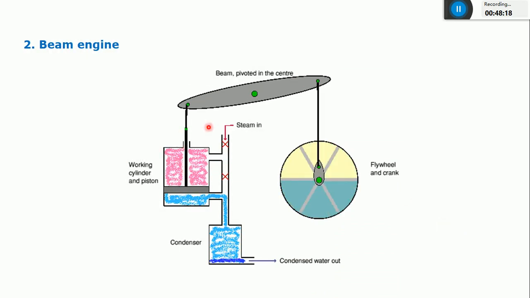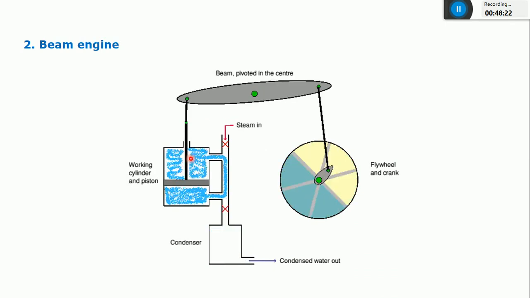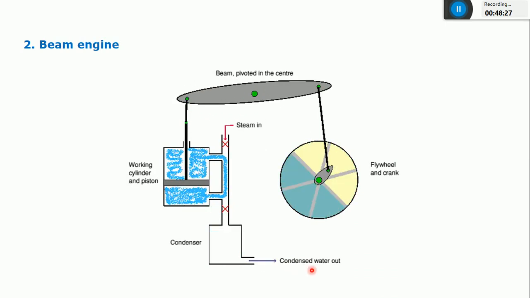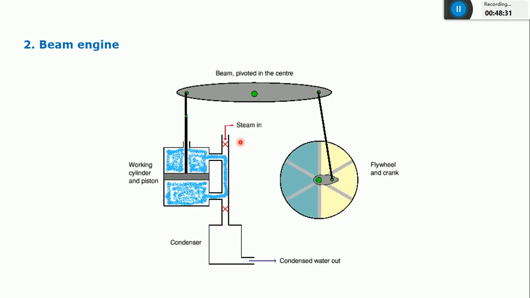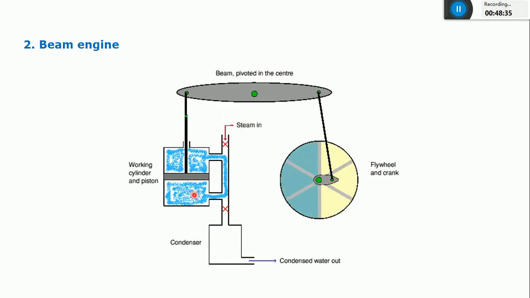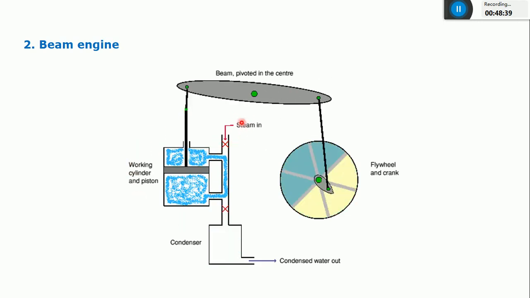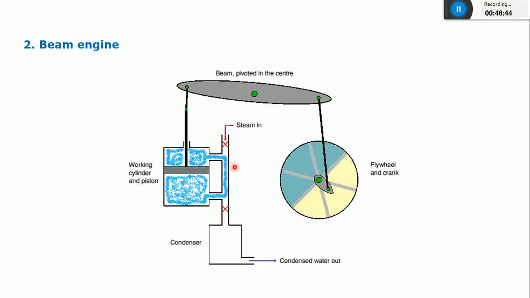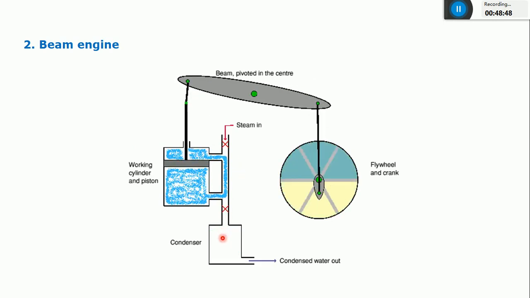You can see the same thing I explained: the steam enters here and exits here. This is the inlet, where a low pressure steam will enter. This is a double acting type of beam engine, as you can see from the cylinder. So in both cycles you'll get high pressure pneumatic air or high pressure steam.